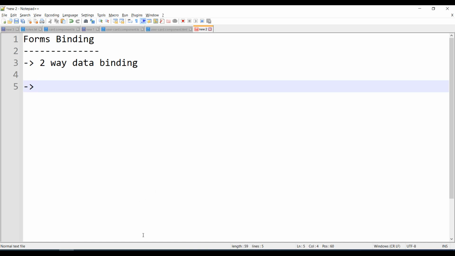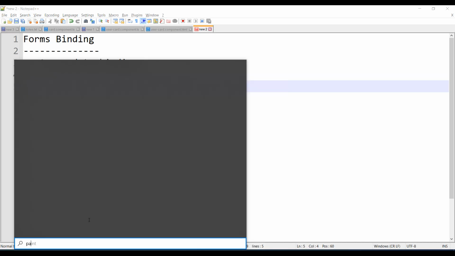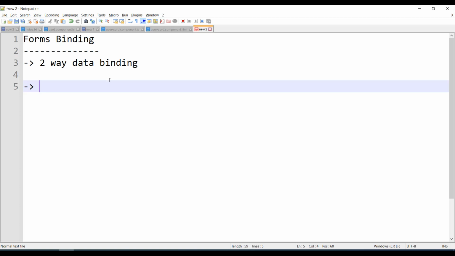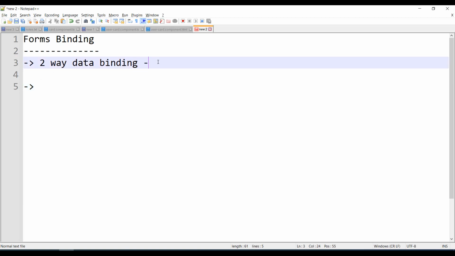I'll tell you a simple example here. To understand two-way binding in Angular, you can make this two-way binding in two ways: a manual process or an automatic process. Let's see the manual one first and then we'll see the automatic process.